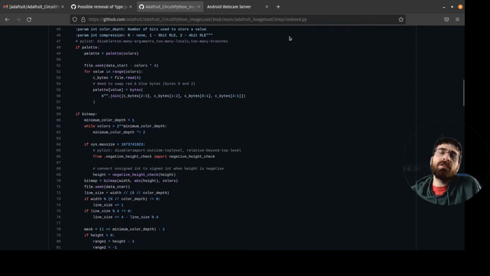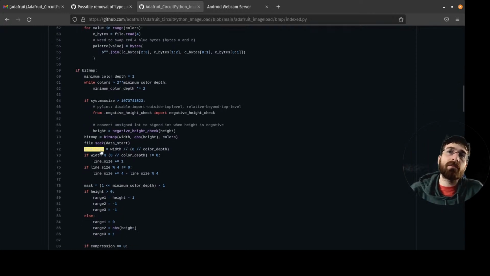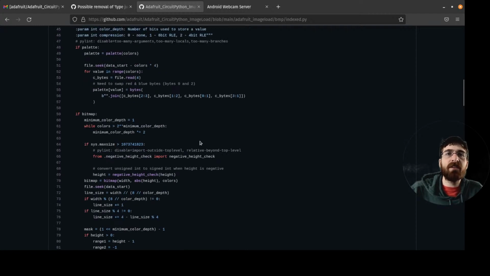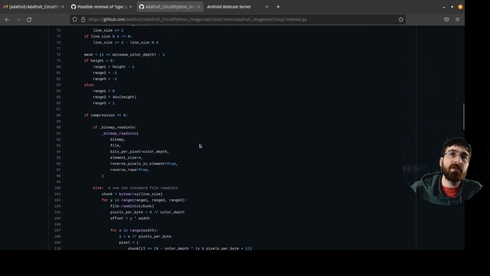And I believe the actual device that I was using when I made this change was the Pew Pew M4, which is a SAMD51, but doesn't have something, the extra flash chip maybe, or as big of an extra flash chip. And I think doesn't have long int enabled for that reason, or for a reason. I'll say I'm pretty sure it's not enabled, and I don't really know the reason, but I suspect it's like not enough space or something, or not as much space. And this allowed it to work on those devices, but it is weird code. It's like refactored into a separate file in order to prevent it from running on those devices.